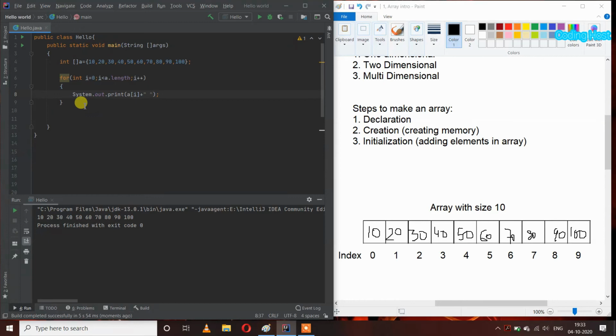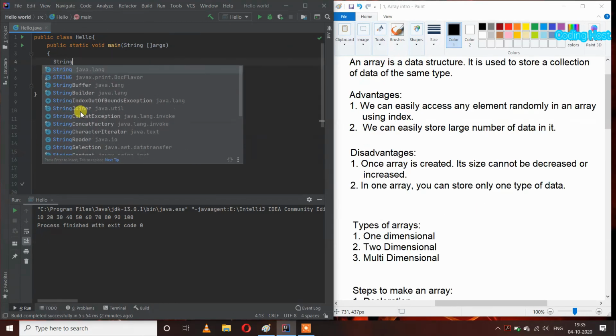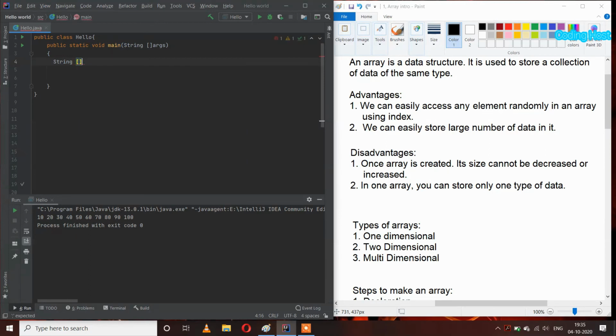So let's take another example that I am making a string array. I will write string and then square braces and then s variable name equal to, and then curly braces, and in this I will write some names of the people. So I am writing Adam, Patrick, Jack, Frank. So now you can see I have made a string type of array in which I have inserted name